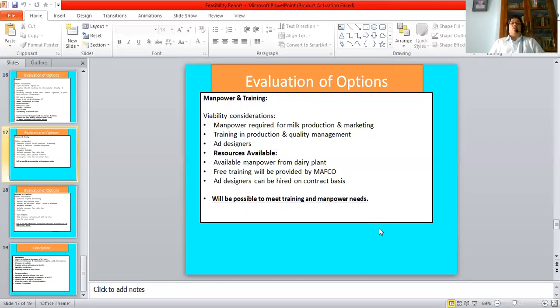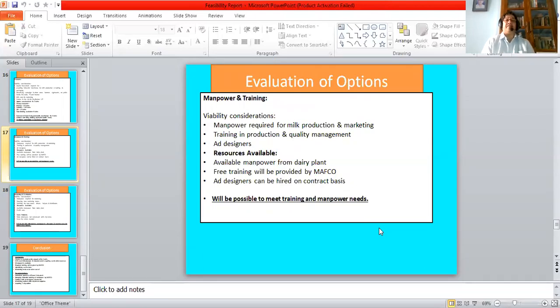The resources available include all the available manpower from the dairy plant. The dairy farm has manpower of approximately 150 people. All these people are seasoned workers, and many of them are old-time workers of the dairy farm. Now they just have to get to know the modus operandi for these kinds of industries and a few other details, because they have already been in the milk manufacturing business for a pretty long time. So they are not totally inexperienced, and they can make good the transformation of the dairy farm into a dairy